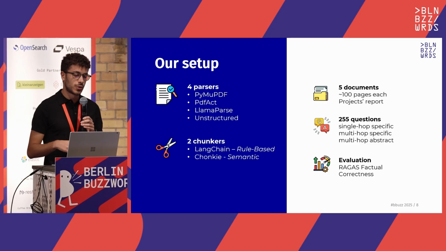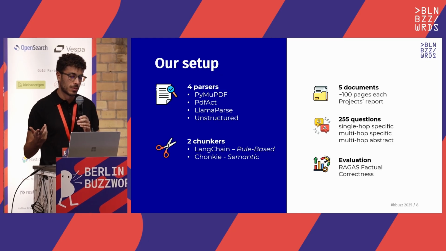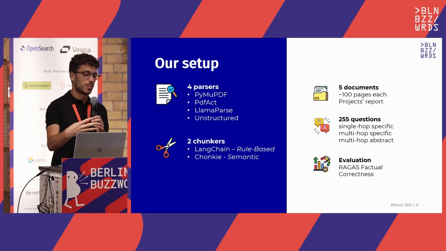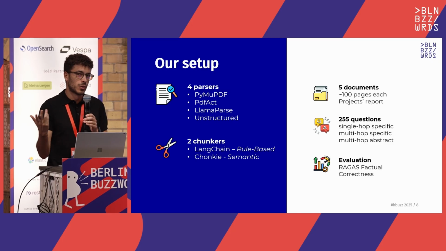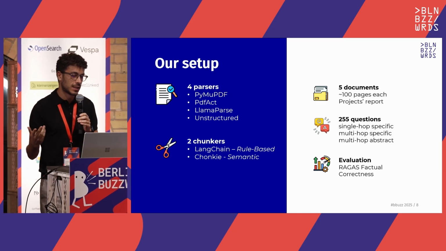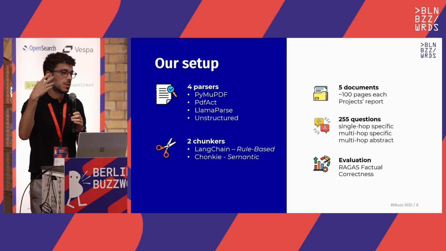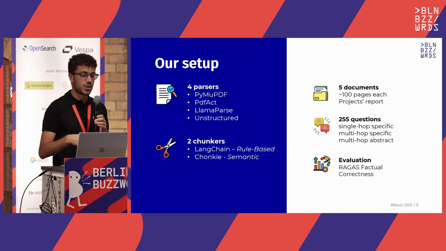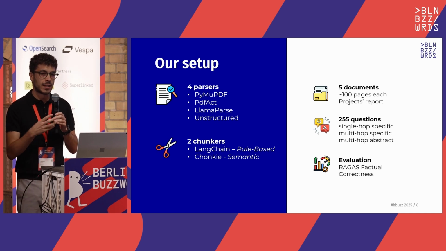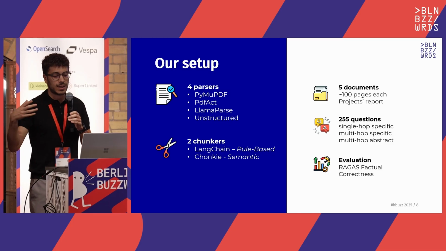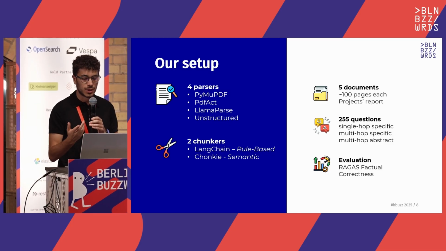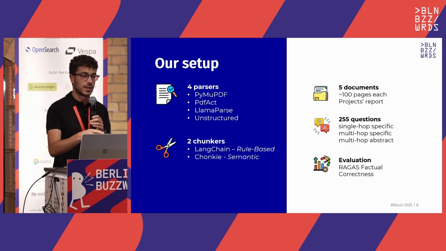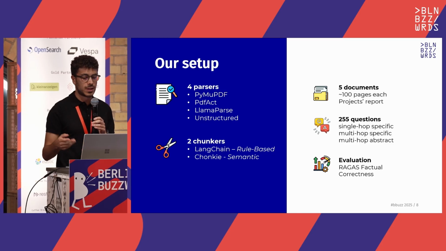And then we also used 2 commercial services, 2 of the most known ones, that are LlamaParse and unstructured. And we combine those 4 parsers with the 2 most common approaches of chunking, that are a rule-based one, so we simply split on specific characters, like new lines, and a semantic chunker that tries to group together passages that are semantically similar between them. And in order to do that, we relied on a library that is called Chonky, and offers a very efficient